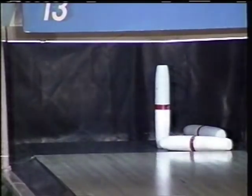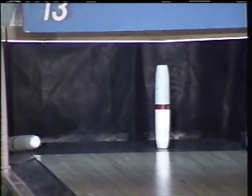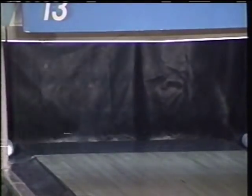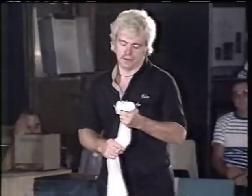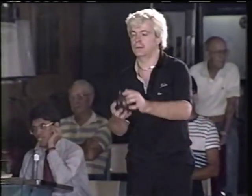Oh, he had a good shot at that. Oh my, I think that 3 was bobbing and weaving and everything else to stay in there. He's out with a 10 box. But Steve is taking the lead. He's up by 6 pins after 5 frames. Now,